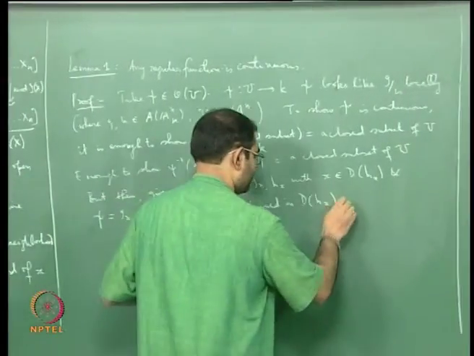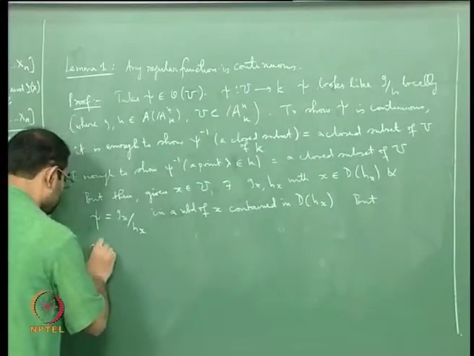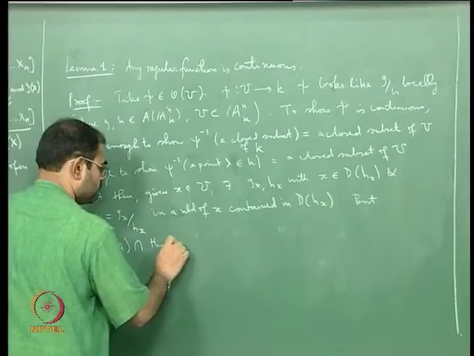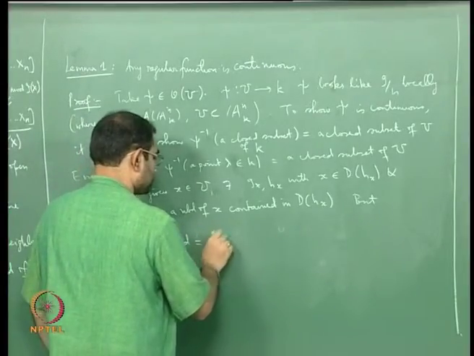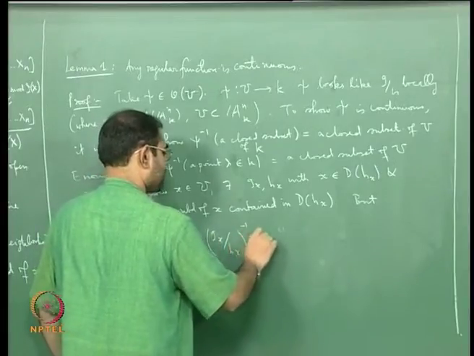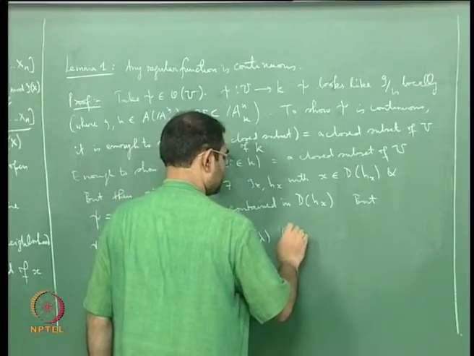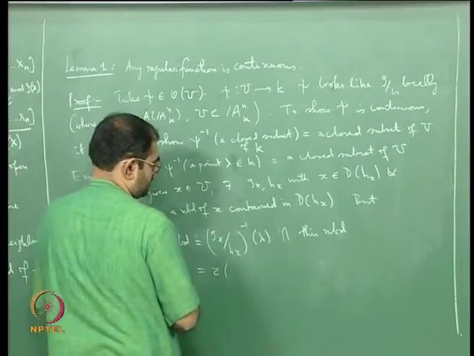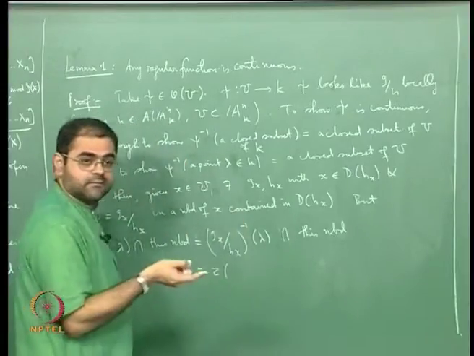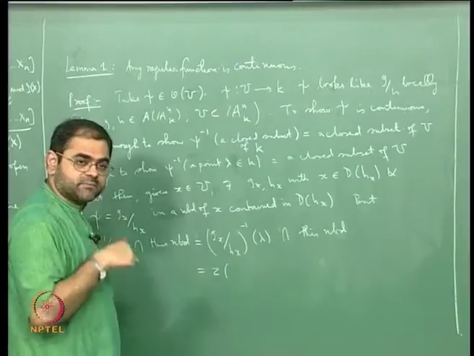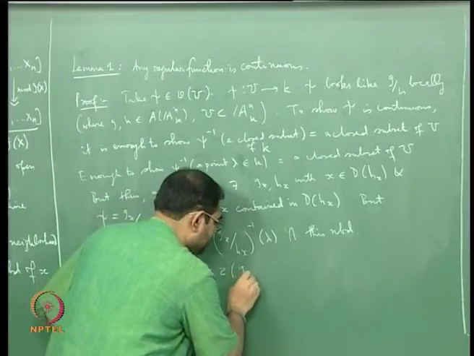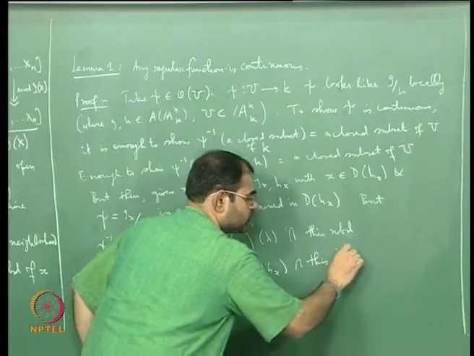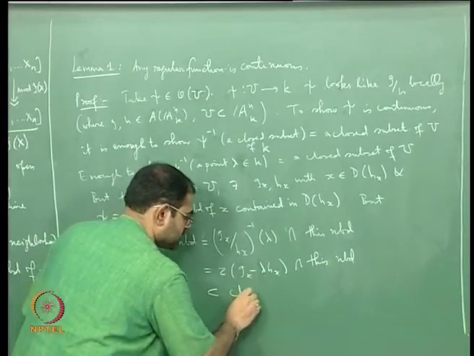But then psi inverse of lambda intersection this neighborhood is just (g_x mod h_x) inverse of lambda intersection this neighborhood, and this is just equal to Z of, so g_x by h_x has to be lambda, so g_x has to be lambda h_x, so g_x minus lambda h_x has to be 0, so it translates to Z of g_x minus lambda h_x intersection this neighborhood, which is of course closed in this neighborhood,